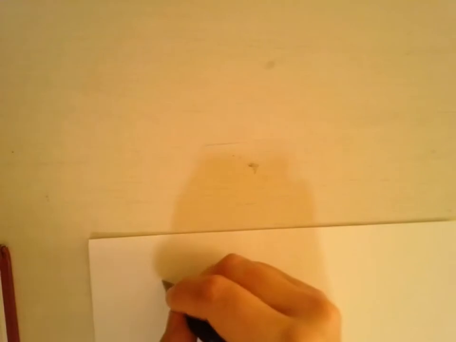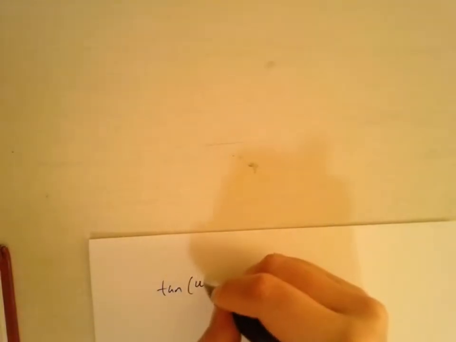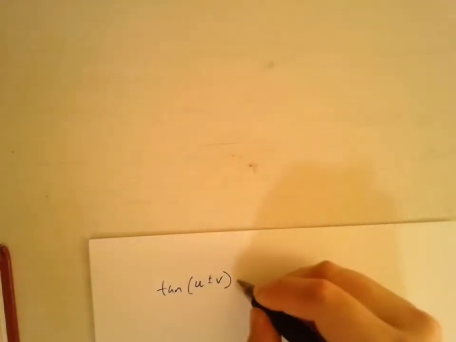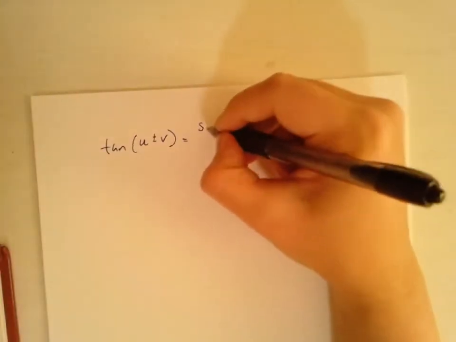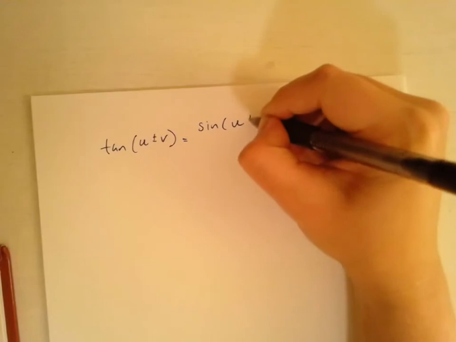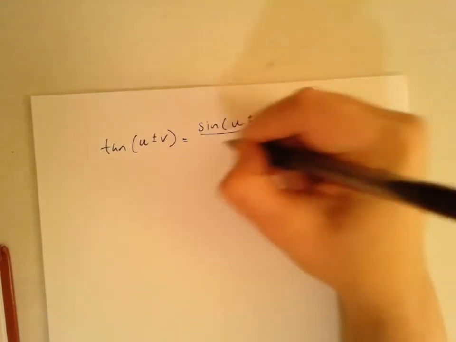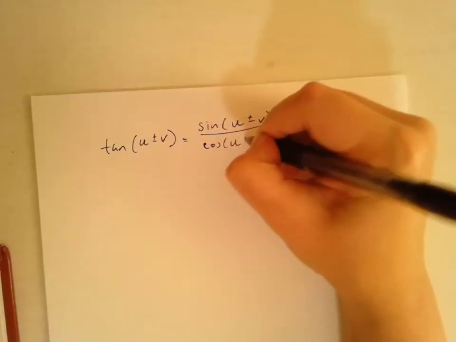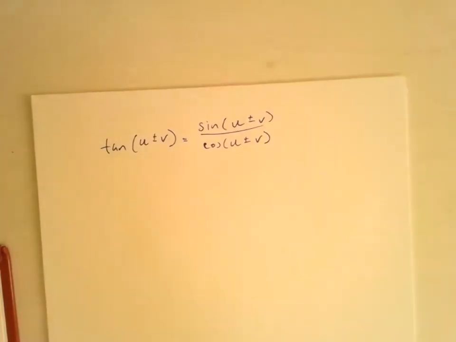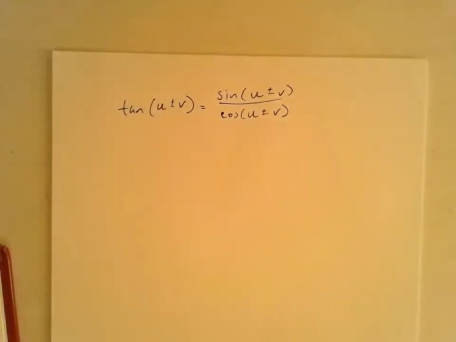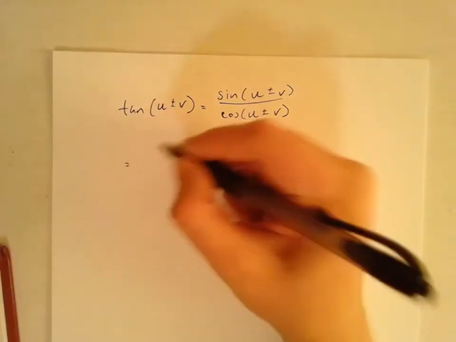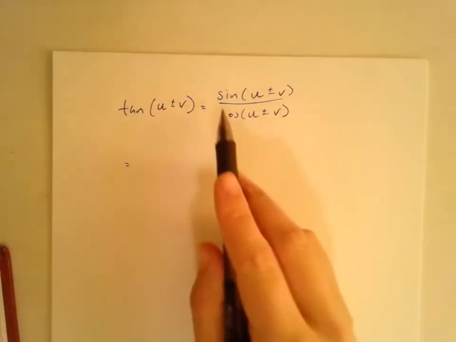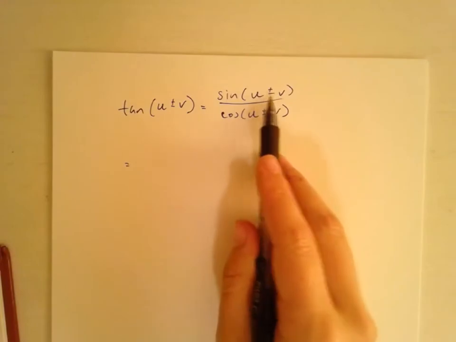So tangent of u plus or minus v, of course, starts as sine of u plus or minus v over cosine of u plus or minus v. And like we just talked about, we're allowed to expand those both out as their sum and difference formulas. So I can call sine of u plus or minus v